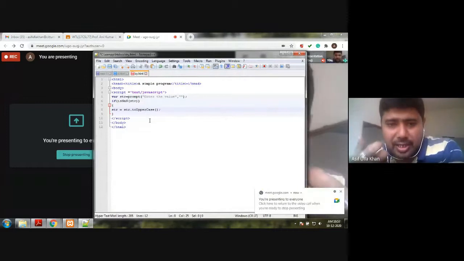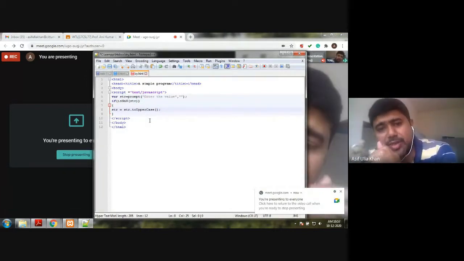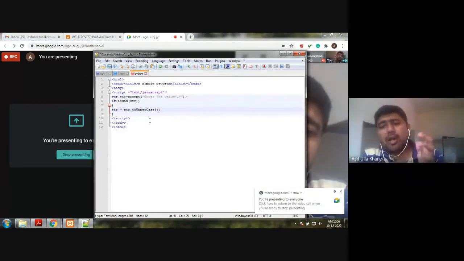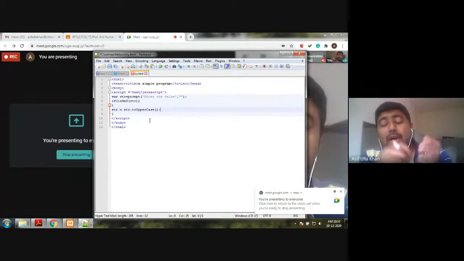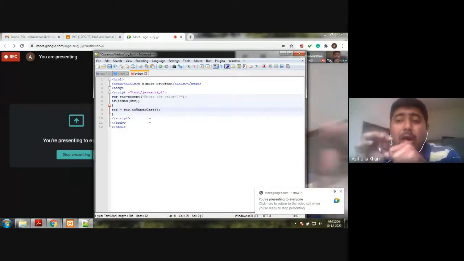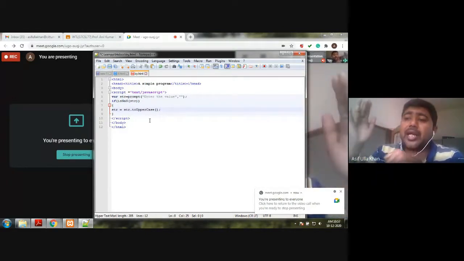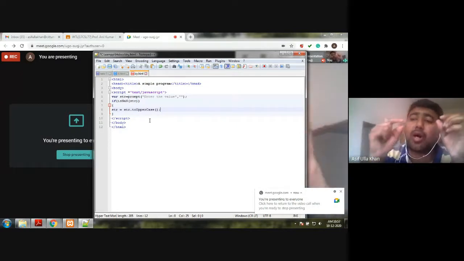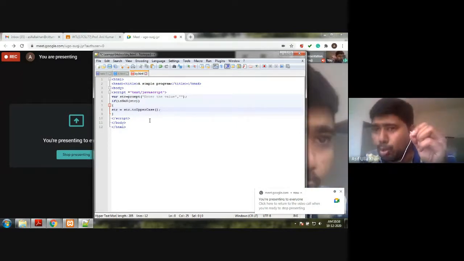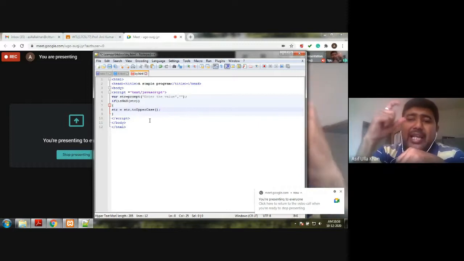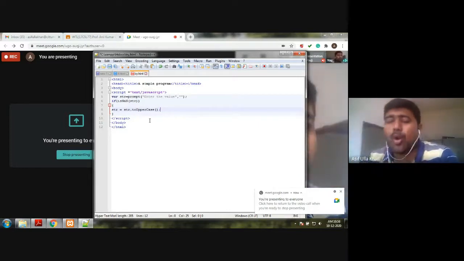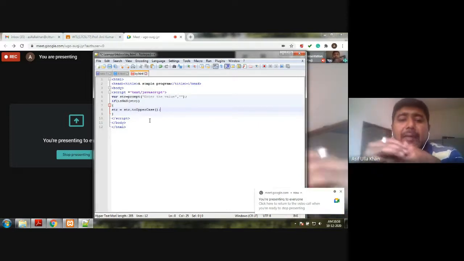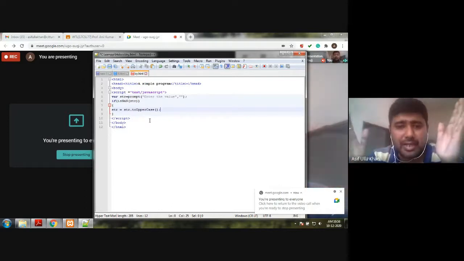Any given string, whether it is in uppercase or small alphabets, anything it may be. Why am I doing this? This is not mandatory. Instead of writing the condition for both small a, e, i, o, u and capital A, E, I, O, U, I'm converting the entire string into uppercase.